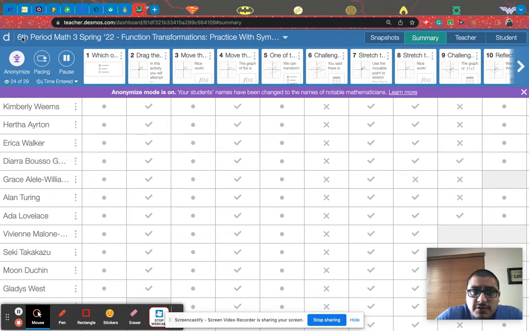I'm going to be going over this Desmos activity, function transformations. I chose sixth period because most students were there and doing it, so I figured this would be a good class to look at to see if there are any common